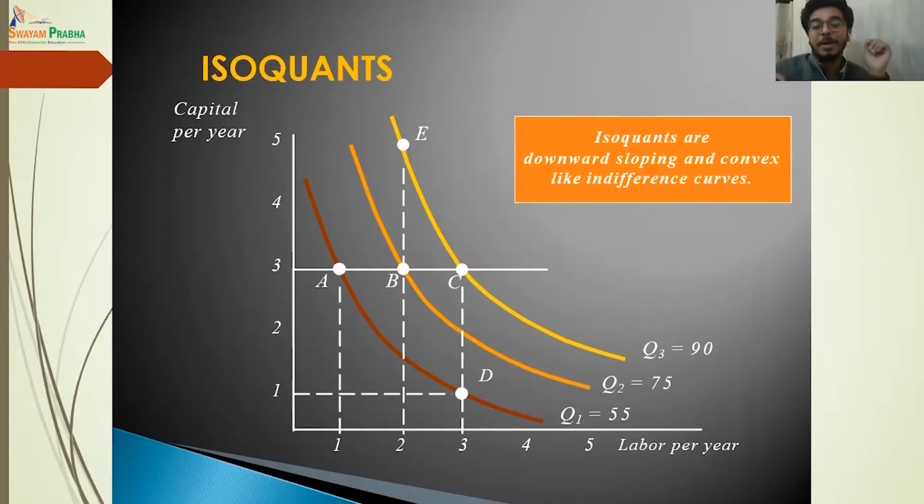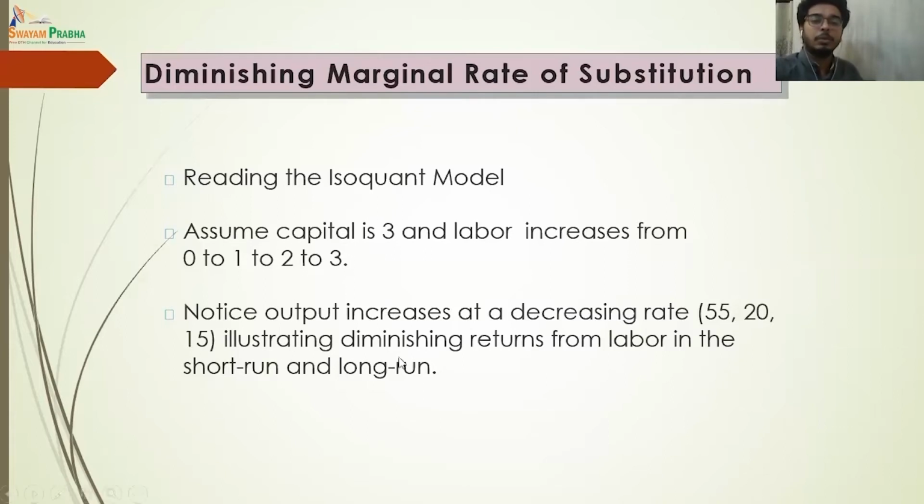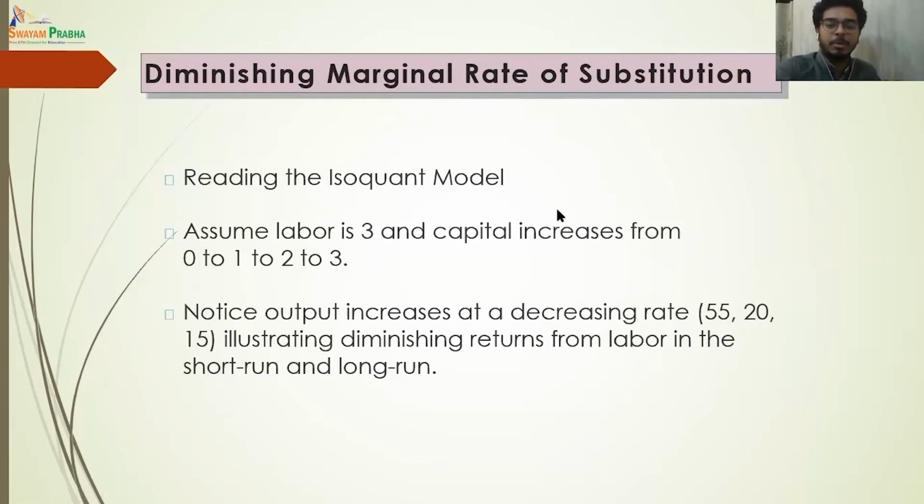And hence, when I am increasing 1 extra unit of labor, then we observe that the total quantity of production has moved from 75 to 90. So what we can observe from this diminishing marginal rate of substitution, often known as technical substitution, what we know from these, that when our production increases from,